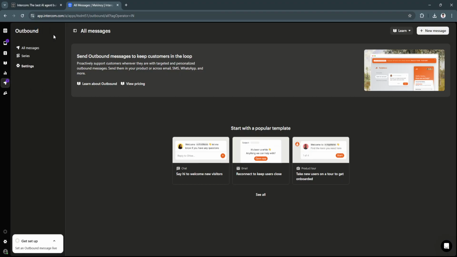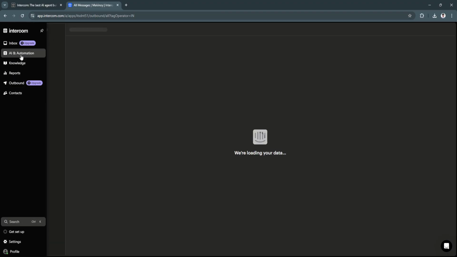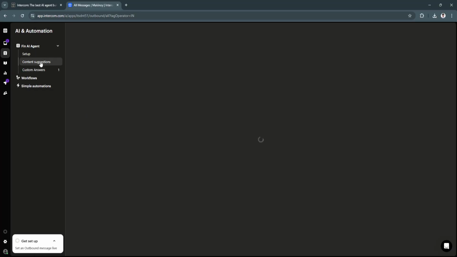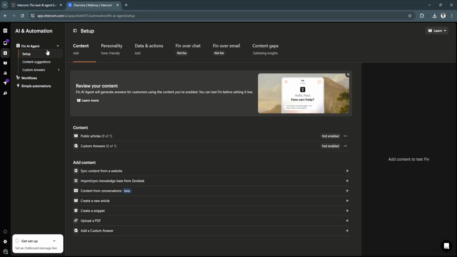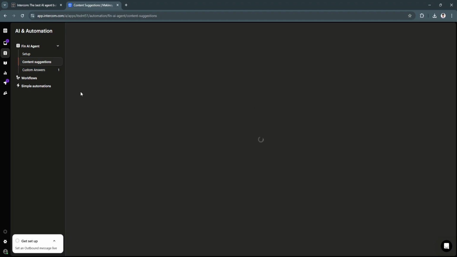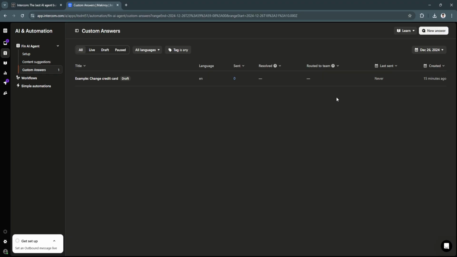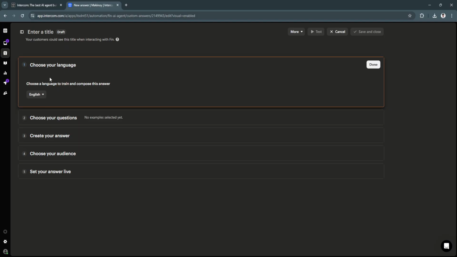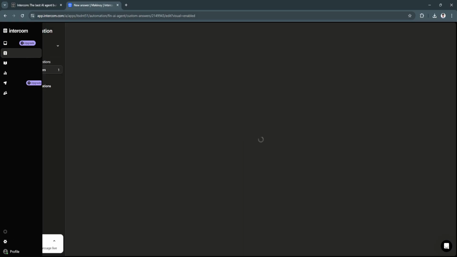So next, let's explore these features right here for AI and automation. As you can see, we have the Fin AI agent. You can set up this AI for yourself. You can add contents right here. You have content suggestions. You also have the custom answers that, of course, you can always create by clicking here on the top right. As you can see, you can choose the language, use your questions, and basically this is the automation feature of Intercom